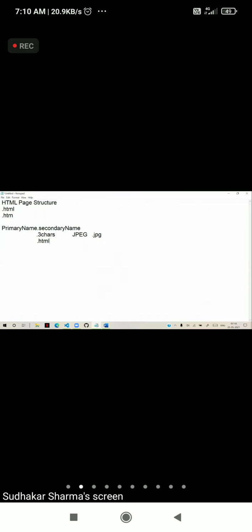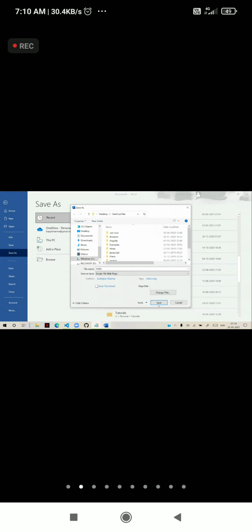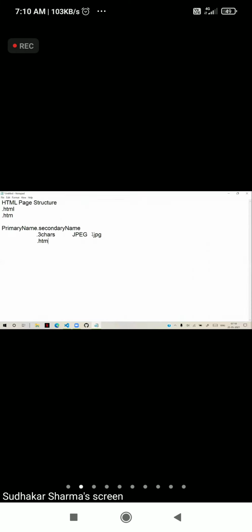So here automatically it will take HTM only. That means when I save here, it will have only HTM as extension. I click on save. So it is saved.